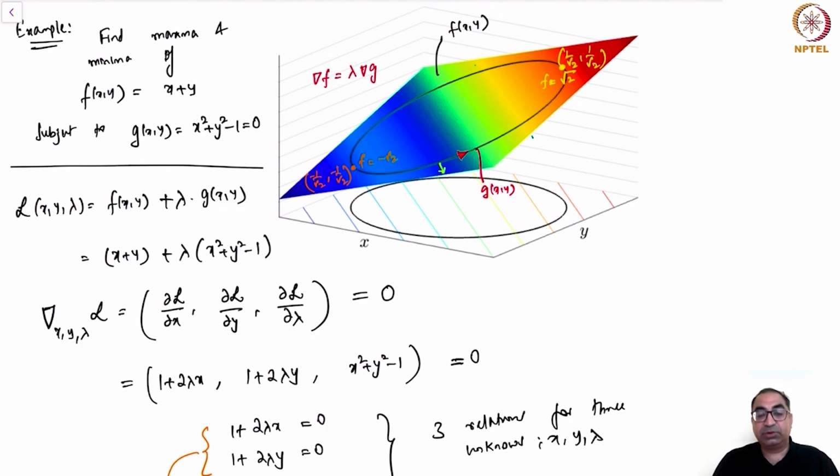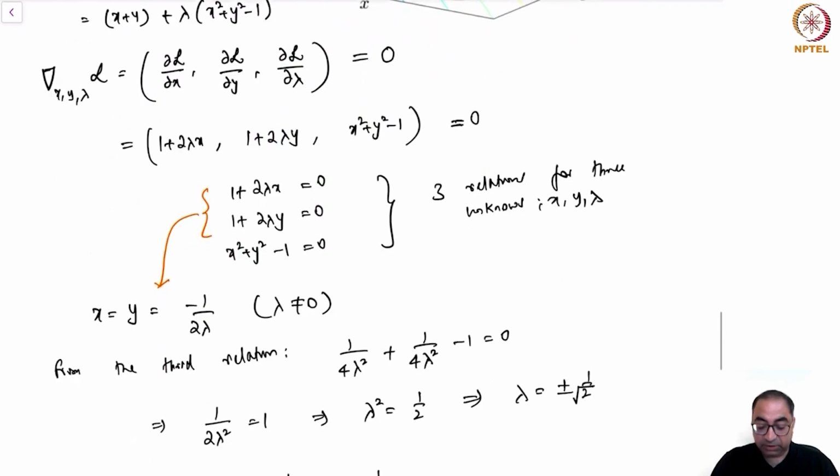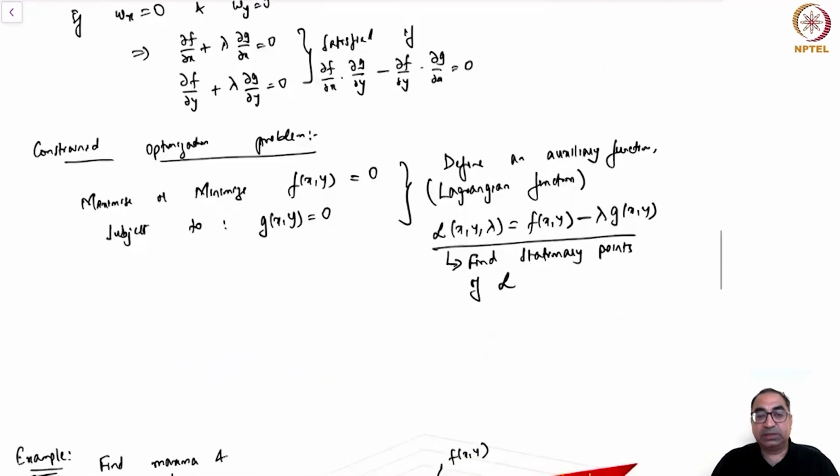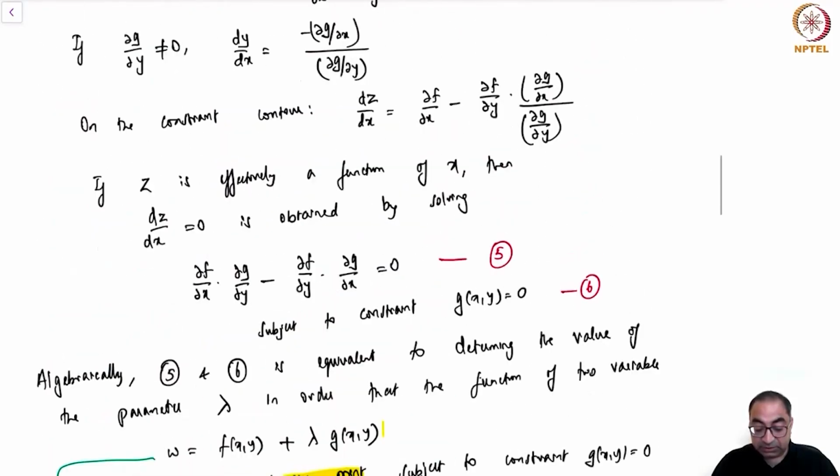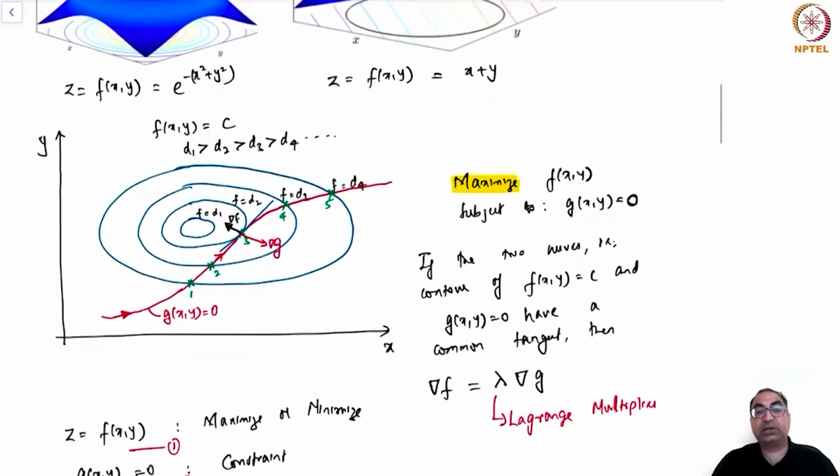Now what we want to do is look for stationary points of this Lagrangian function. The stationary points of this Lagrangian function for this simple problem are just where all the partial derivatives of this Lagrangian function go to 0. So we take the derivatives of this Lagrangian function and set them to 0, and then using the algebraic relationships that we got, we simply determine the values of x comma y at the maxima and x comma y at the minima. It's a very powerful technique,